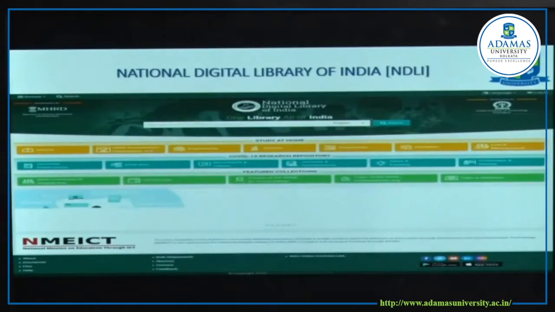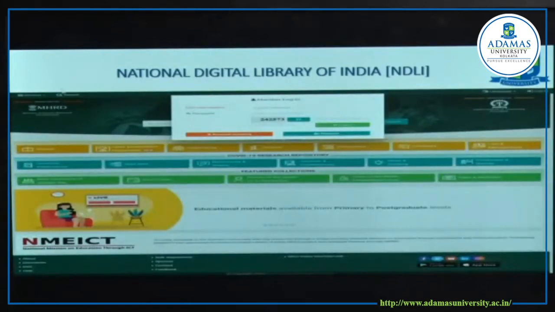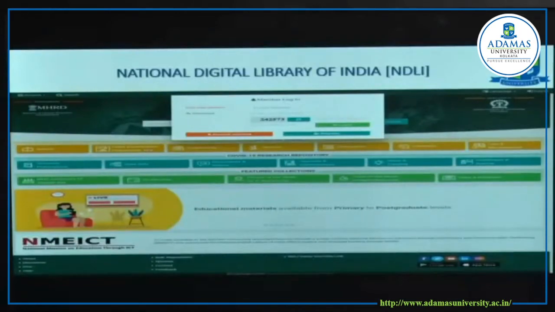So how can you get access to it? When you come the first time, please register. I know that in this smartphone era, all are familiar with signing in on different platforms. You have to create your user ID and password. For the user ID, they will ask for your email ID, and the password is an 8-character password you have to mention, and then you have to enter the captcha verification code. After that, you will be able to register. And when you come back to log in, you just log in with your email ID and password, and you can now search all the platforms.